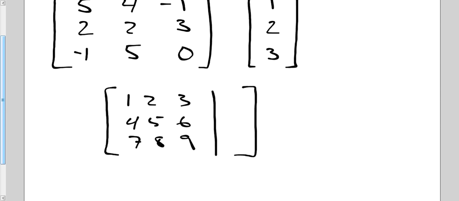I got that matrix, and maybe I have 5, 2, and 1. I said we have that line in there. I don't have to have that line in there. I can just have